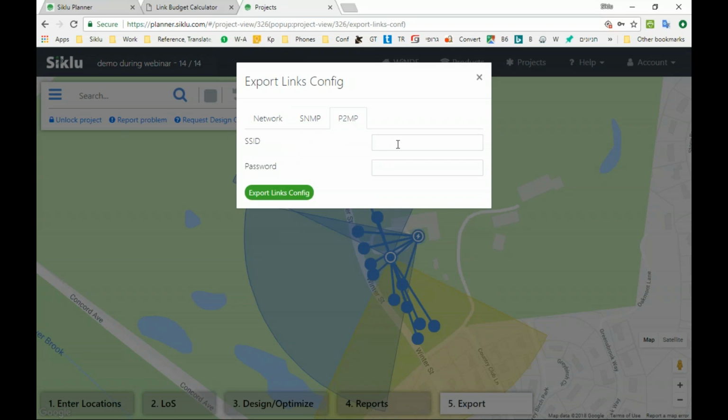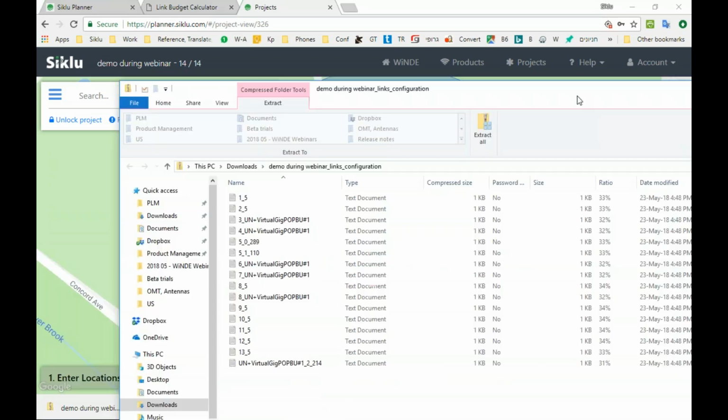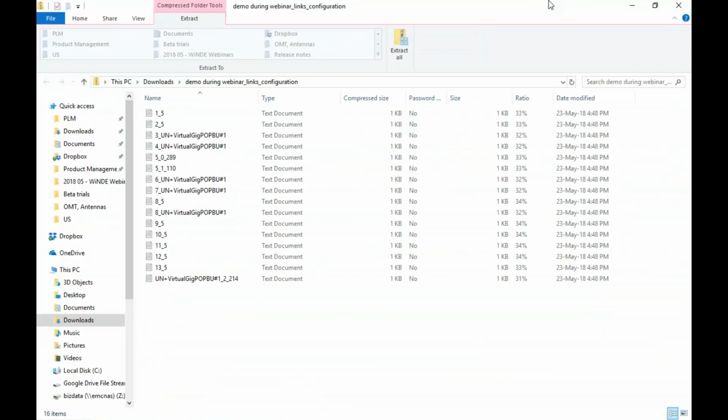And in the case of point to multipoint, if I want to keep the default SSIDs and password, I can do so, but I can probably create something different, sector BBB and password AAA, so that this network will be isolated. And now I create the configuration files for all the radios. So a big zip file has been exported,